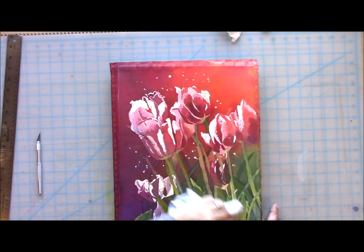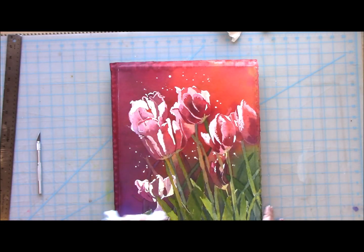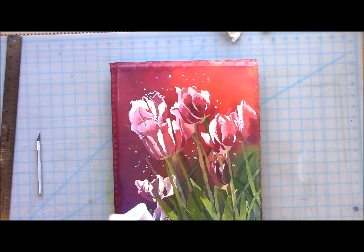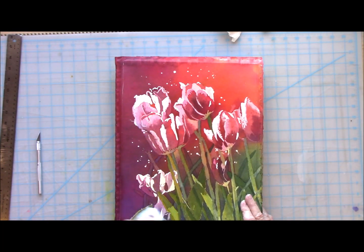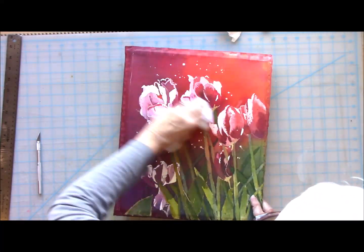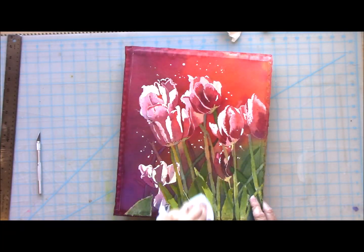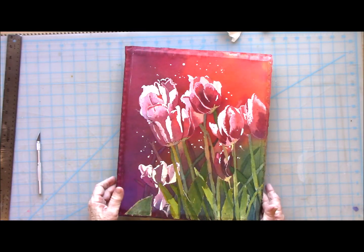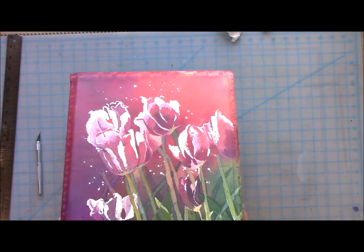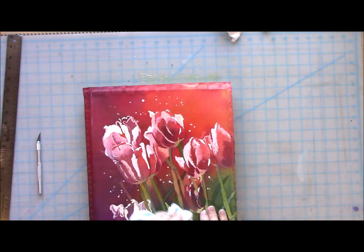And I'm not having to press very hard. This just removes the excess wax that's on there and gives it just a soft sheen. And that's it. Can you see that sheen? It's just barely a sheen. Certainly not as glossy as having a glass over it and then having to worry about